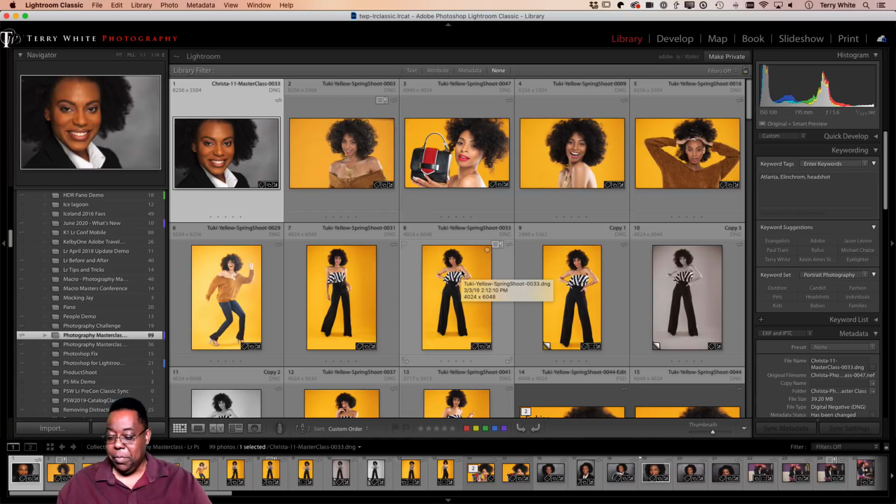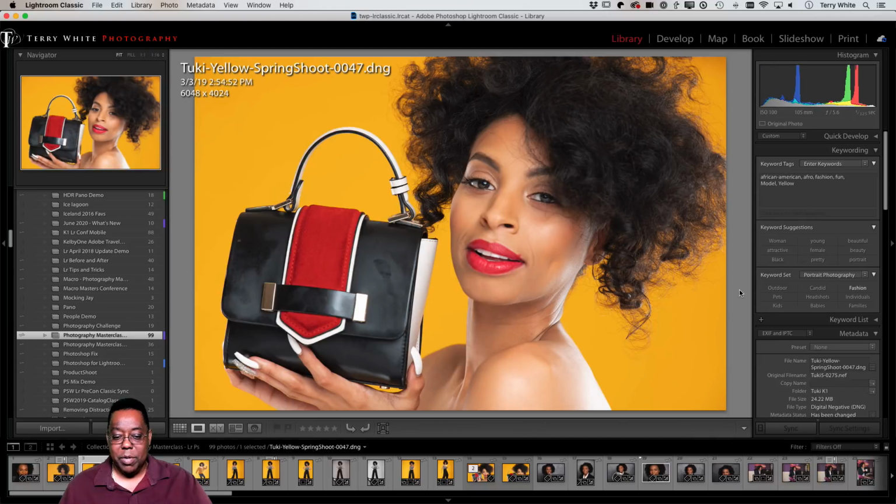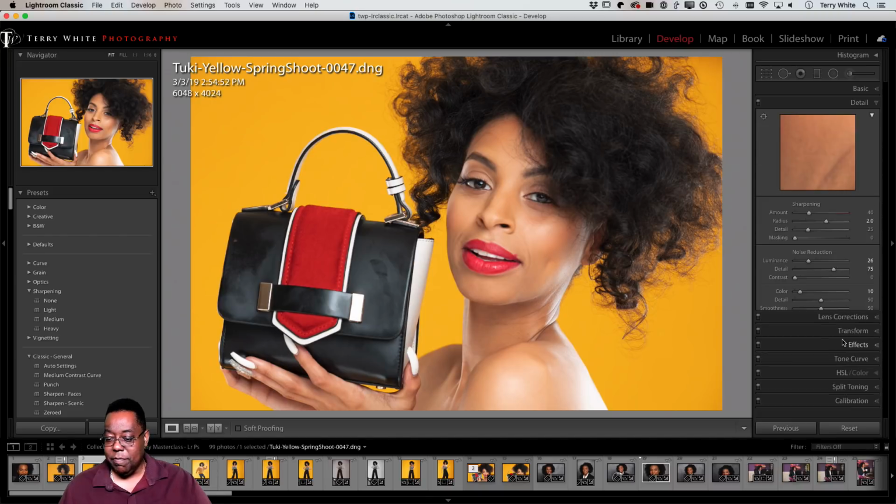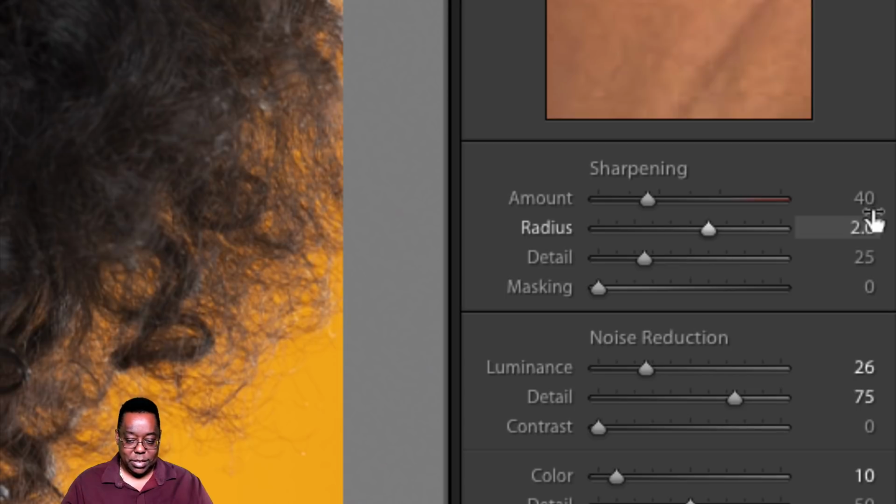Sharpening people. Lightroom and Camera Raw have a secret feature for sharpening people. And this will be, I think, our last Lightroom tip for now, and then we'll head over to Photoshop. When you're sharpening people, you go into your Develop module and go to Detail. First of all, if it's a raw file, Lightroom automatically applies sharpening to it to bring back the sharpening lost in the import capture process. So it automatically sharpened the photo.